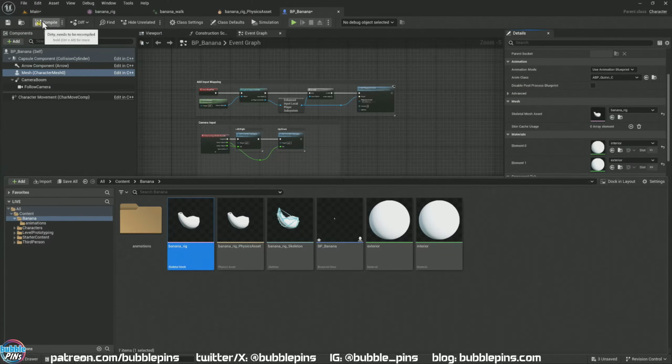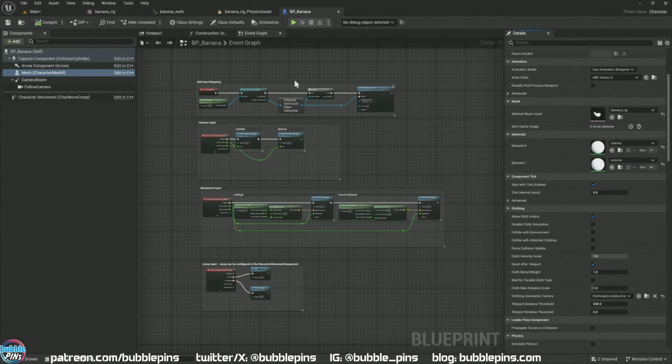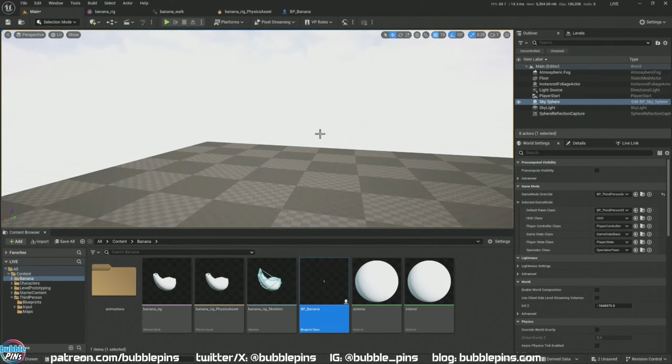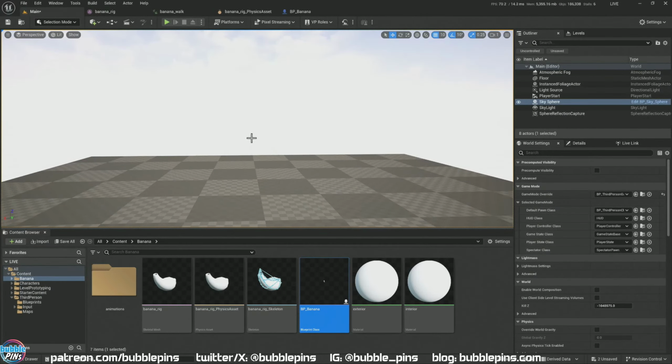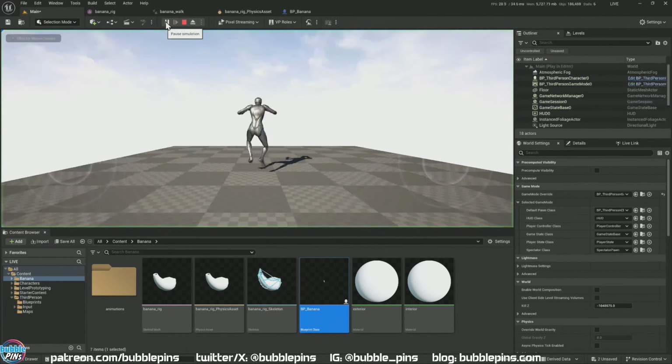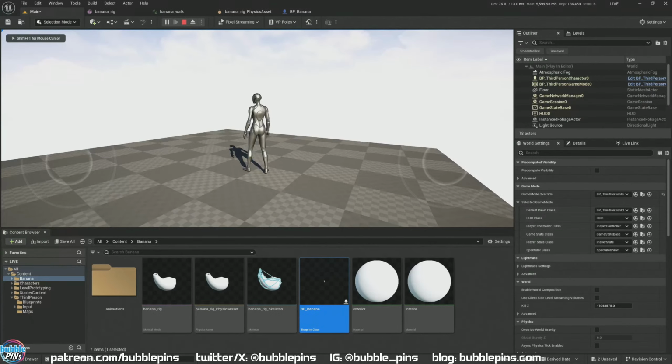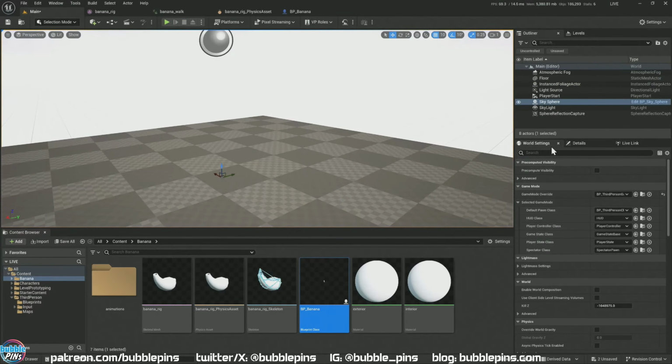Now let's compile, save, come here, and now if we play this right now, it's just going to play the mannequin character. And why is that? Because we never switched in the world settings. This is still